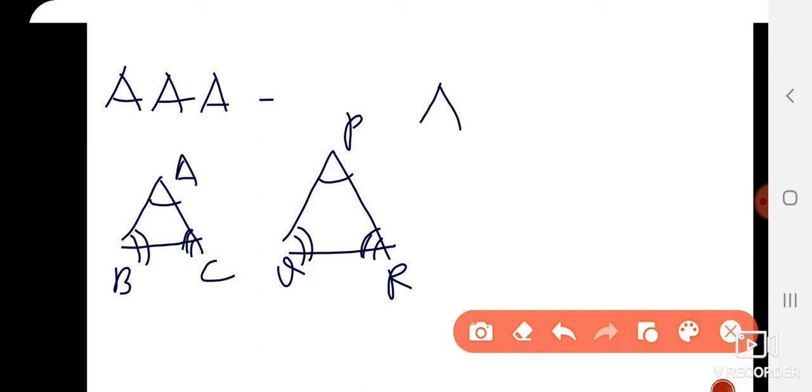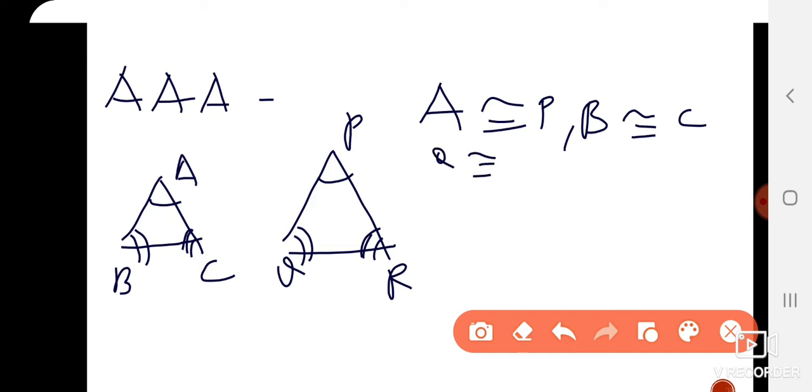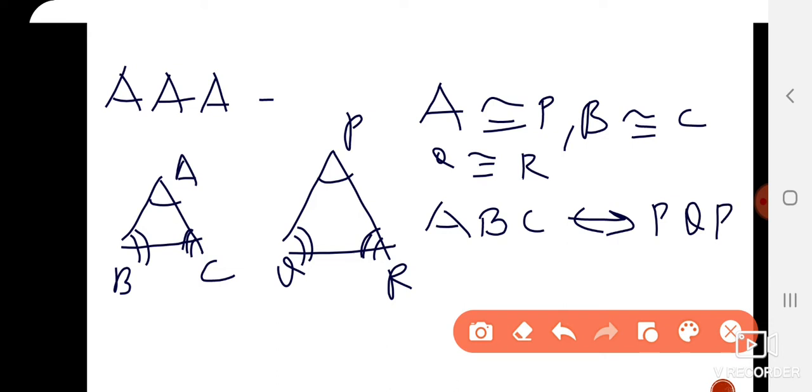Now here you know that A is congruent to P. So we write A is congruent to P. Then you say B congruent to Q and C congruent to R. Therefore, we can say the one-to-one correspondence as A, B, C, P, Q, R. It simply means that A is congruent to P, B is congruent to Q and C is congruent to R. We go to the next test, that is AA test of similarity.